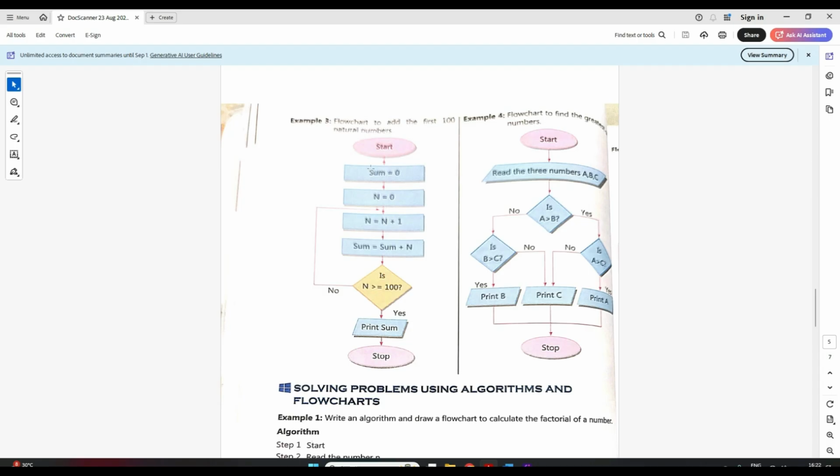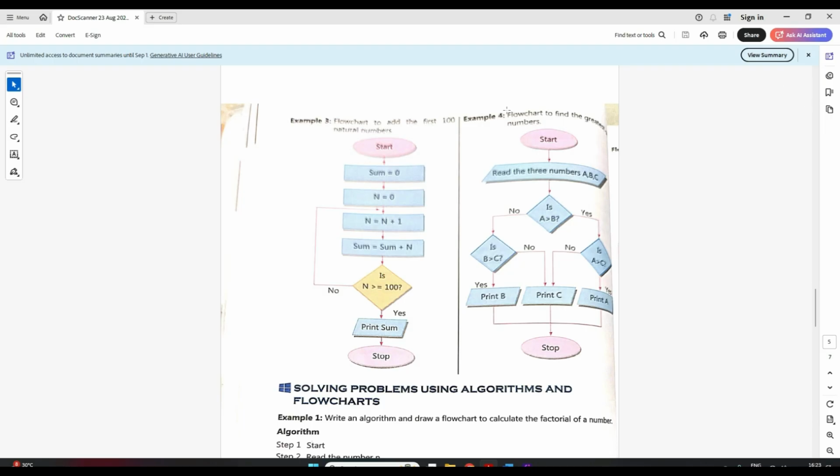And the flowchart, see, these are all processing. These are all processing boxes. Now here you have a decision box here, correct? And then you have a printing something, that is output. So your C, this is your shape that we use for flowchart. Then finally stop. Clear? Well, good.